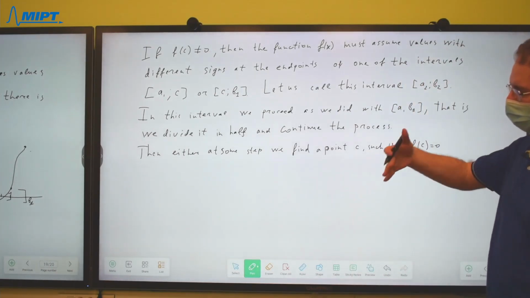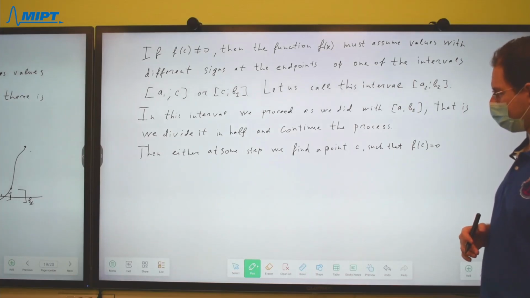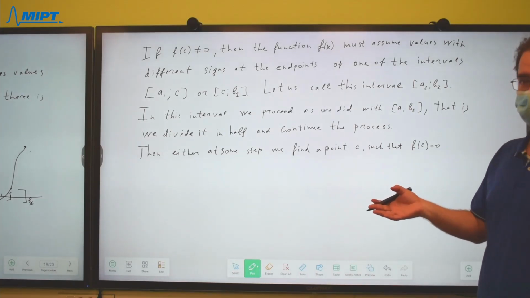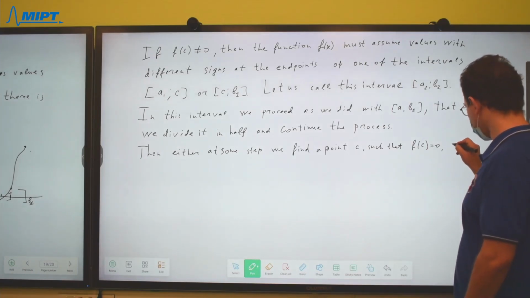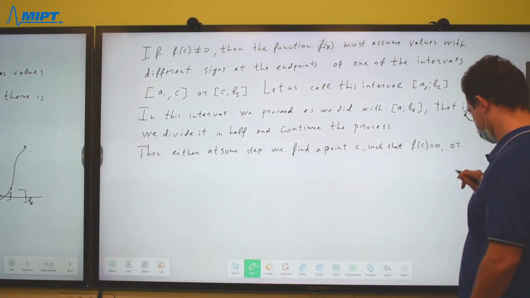Perhaps after several steps we hit this point. This could happen. But in this case we have found the point in question. Or